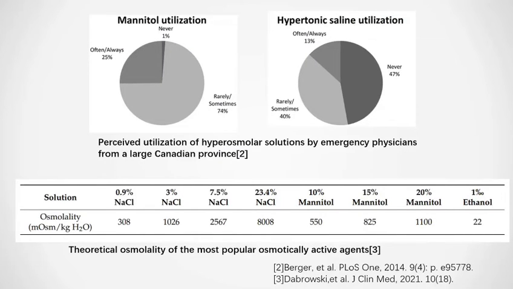This slide shows that in clinical practice, we usually use mannitol or hypertonic saline to treat brain edema, and it's largely empirical. Until now, there is limited class 1 evidence to show which one is superior. One of the reasons is both drugs have several different concentrations, which come with different osmolarity, as shown at the bottom of this slide. So it is difficult to design a clinical trial to compare the two in unlimited cases of